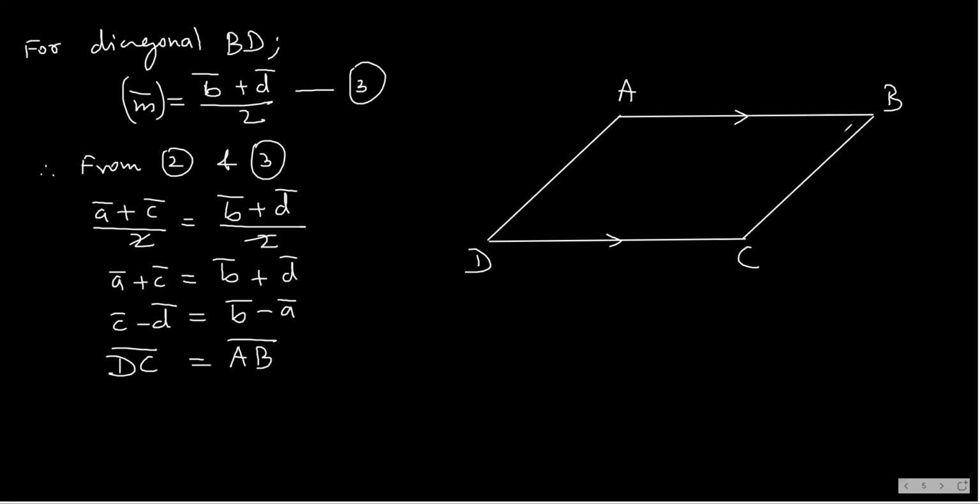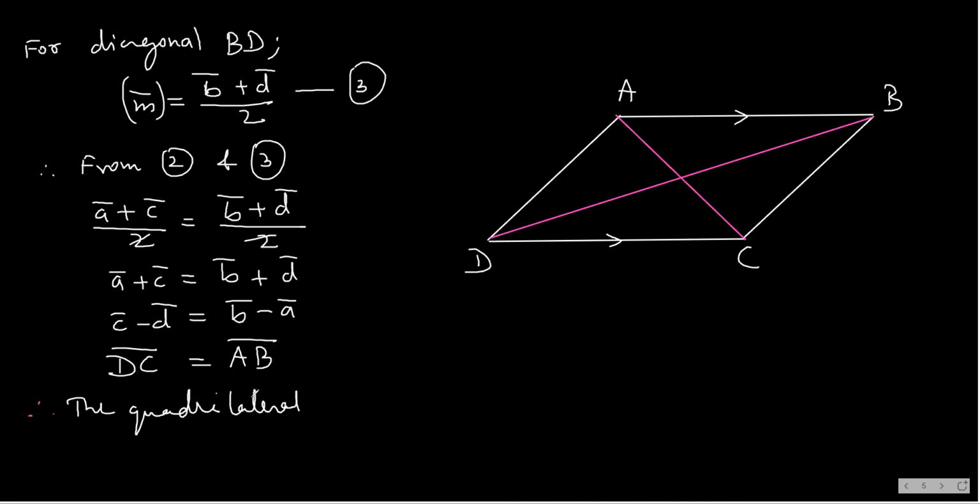So are you not getting a parallelogram? What did you start with? You started with the diagonals. And what did you end up with? You end up getting a parallelogram. So I hope you have understood. So here I will write, therefore, the quadrilateral ABCD is a parallelogram,